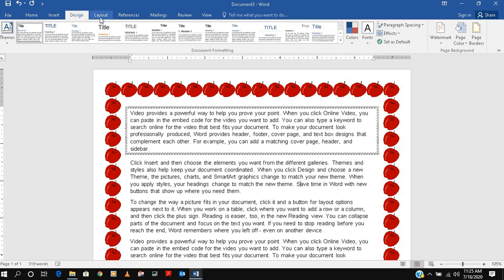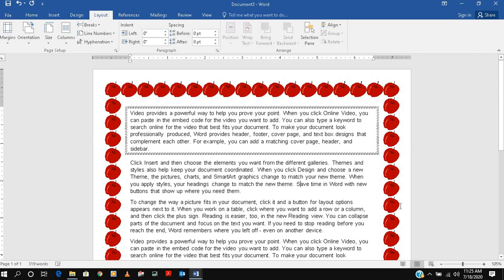Layout we already discussed in our first session. If you are not aware of the layout, it is very important, because your output, meaning your printout, depends on the layout. If you do not know about this, please refer to our part 1 video.